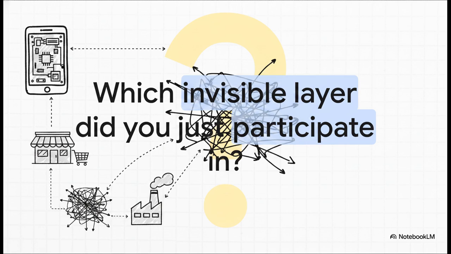We've unpacked a ton of invisible structures today, peeling back layers from geography all the way down to brutal competition. So to wrap up this explainer, I want you to look really closely at the device you're watching this on right now. Think about the components inside it, the store you bought it from, the company that built it. Based on area, time, volume, and competition, which of these complex, hidden market layers did you just participate in to get that device into your hands? The matrix is everywhere. You just have to know how to look for it.